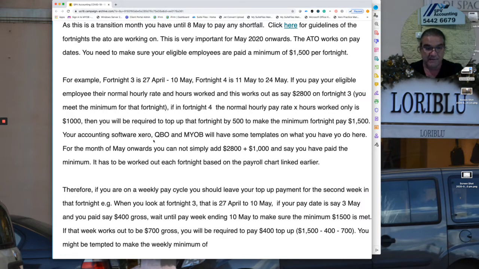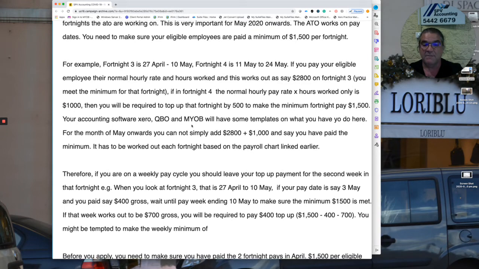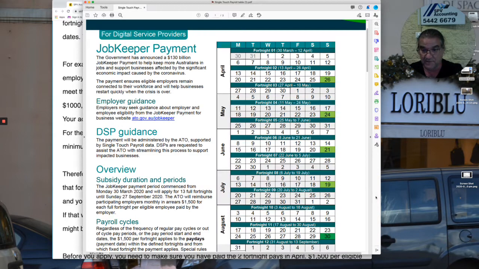Now, your payroll software, if you use Xero, QuickBooks Online or MYOB, will have little templates on how to work that out. But what you can't do is, for the month of May, add $2,800, which was your first fortnightly pay in May, and add your $1,000 for the second fortnight in May, and say, oh, I've paid $3,800. It doesn't work that way. It's per fortnight. So you've got to refer to this table every fortnight to make sure that you have paid your $1,500 by the 10th